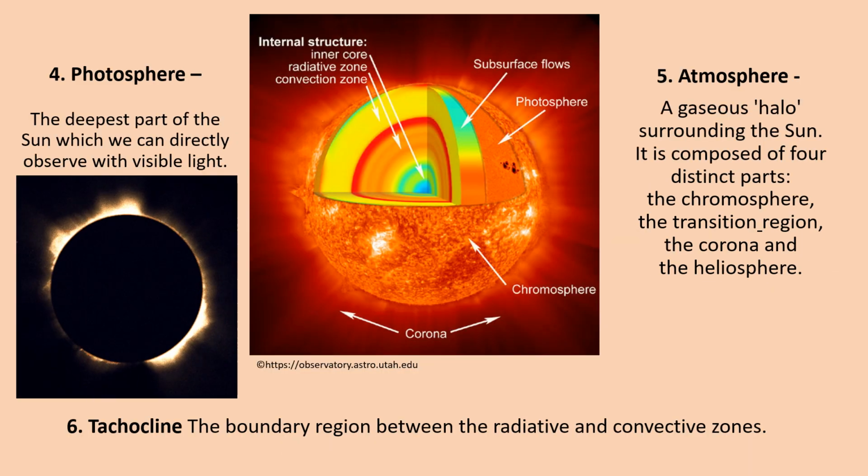Thus, it brings us to the next layer of the sun, which is the photosphere. Due to the photosphere layer, we are able to see our sun through visible light. Otherwise, it becomes opaque. So, why are we able to see the sun through the photosphere layer? This is because photons produced in this layer escape the sun through the transparent solar atmosphere above it and become sunlight or solar radiation.